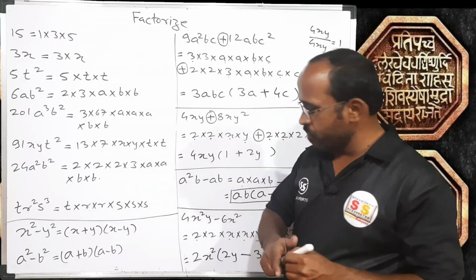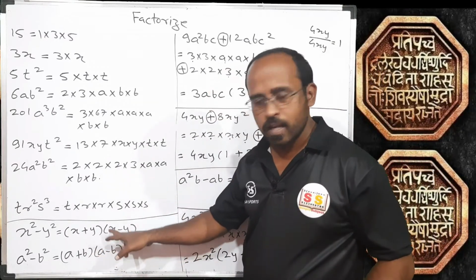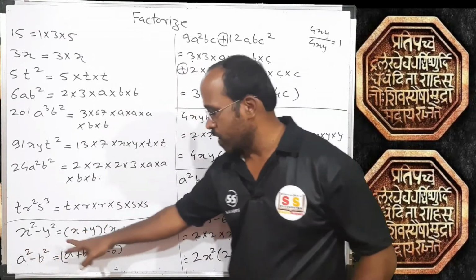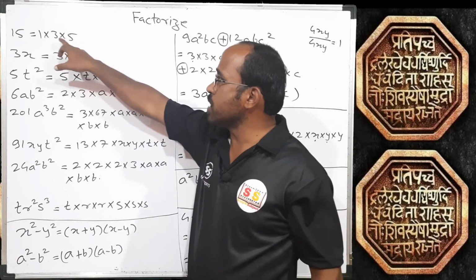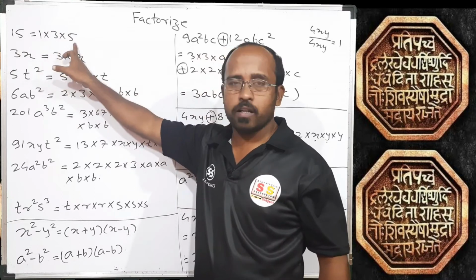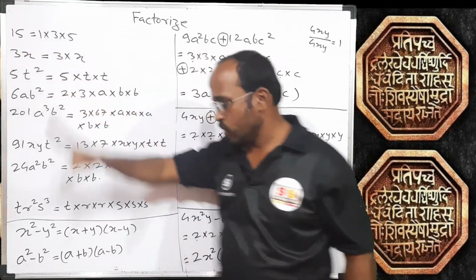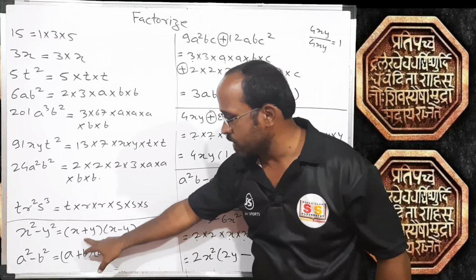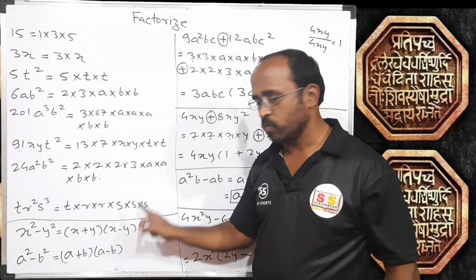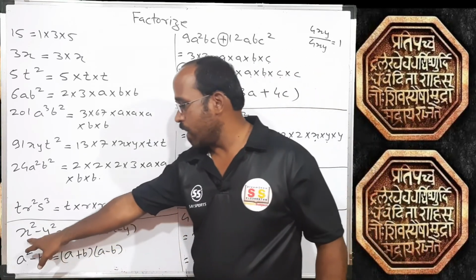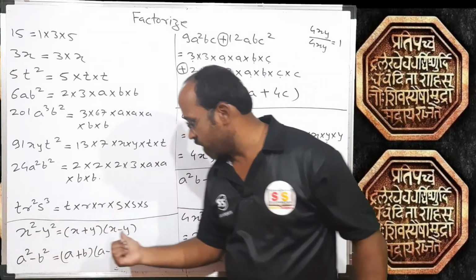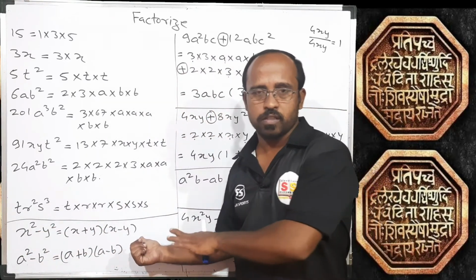Actually, what is happening here? We are multiplying these two brackets, and after multiplication, this is the answer, right? So we can say it is the product, and these are the factors. 3 multiplied by 5 is equal to 15. So in this case, what are we saying? 3 and 5 are factors and 15 is the product. So similarly, we are multiplying these two brackets and the answer is x square minus y square. So these two brackets, x plus y into x minus y, are factors and x square minus y square is the product. So if such kind of product is given, we can factorize it into this kind of bracket.